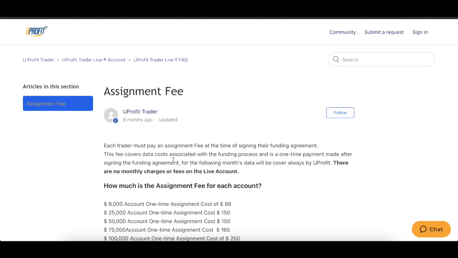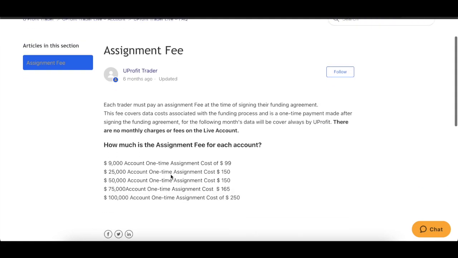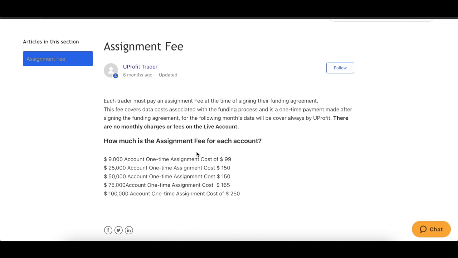Definitely kind of the worst deal. I'll give a red strike to TopStep on that. OneUp, you don't pay any fees. There's no fees for market data. LeeLoo, it's like $88, I think, somewhere in that neighborhood, and just one fee, you don't have to pay per market. Earn to Trade, honestly, I haven't really looked at them much lately. I have no idea what their fees are. So the way UProfit does it, they just charge you a one-time fee. There's no ongoing fees, which I like, but there's a one-time fee.